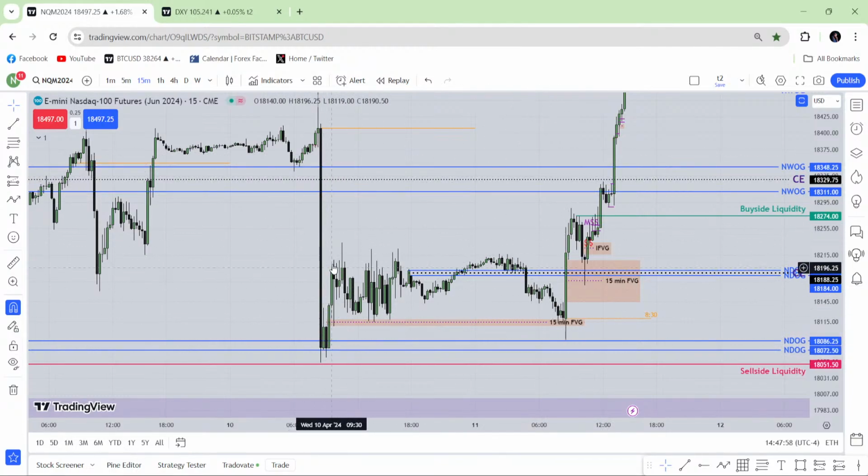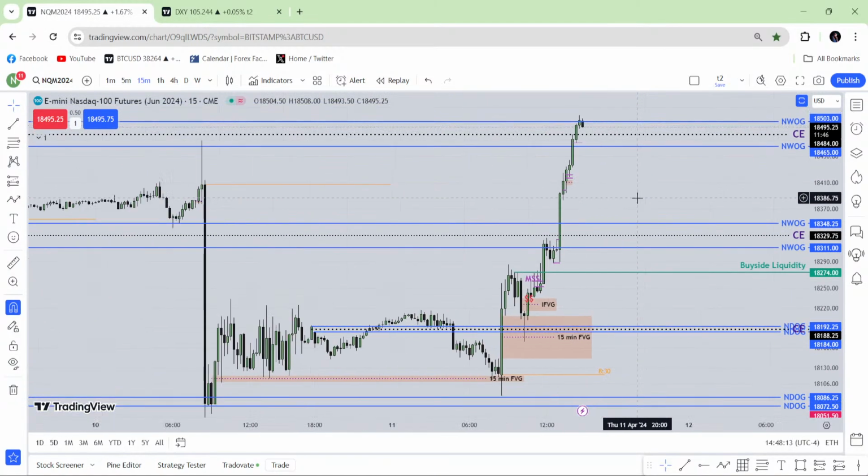This manipulation. Okay. So as I told you, with CPI the first move is the fake move. The real move comes after the fake move. I was expecting it to happen yesterday, but it didn't happen yesterday. Instead, it happened today. Okay. Now, if you say I'm wrong, then I'm sorry. But yeah,